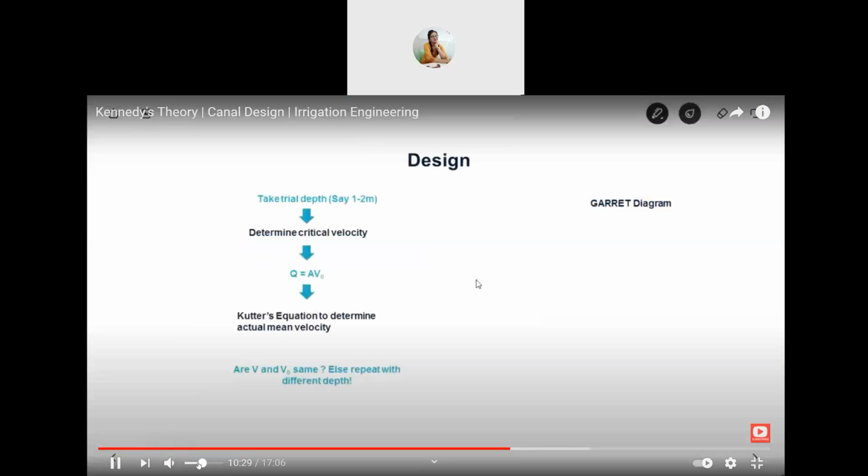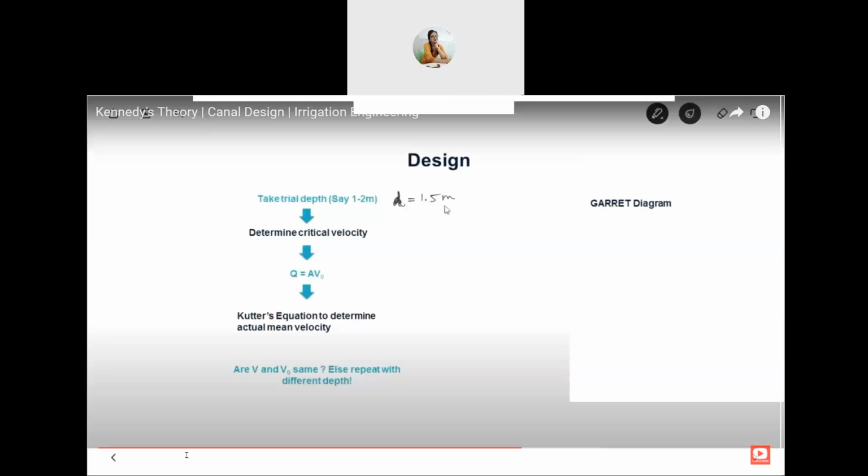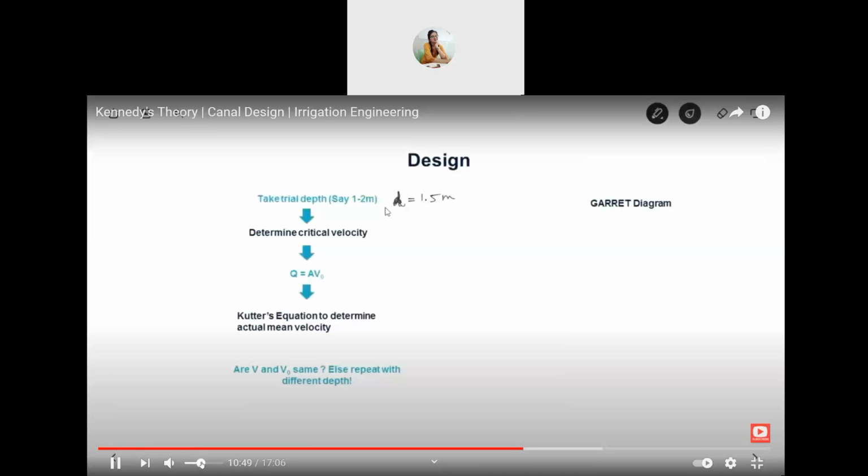So what you should do is, first you should take a trial depth. Let us say you just assume a depth of 1 to 2 meter. You can assume any depth, or it could be greater also, it depends. So first you start with the assumed depth, let us say it is 1.5 meter, and based on the formula which you just saw, you determine the critical